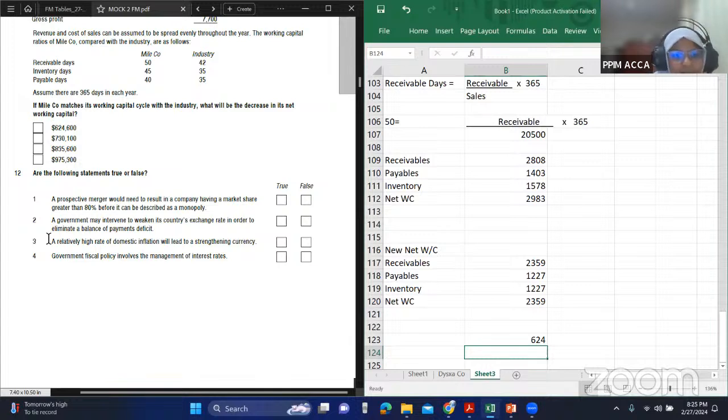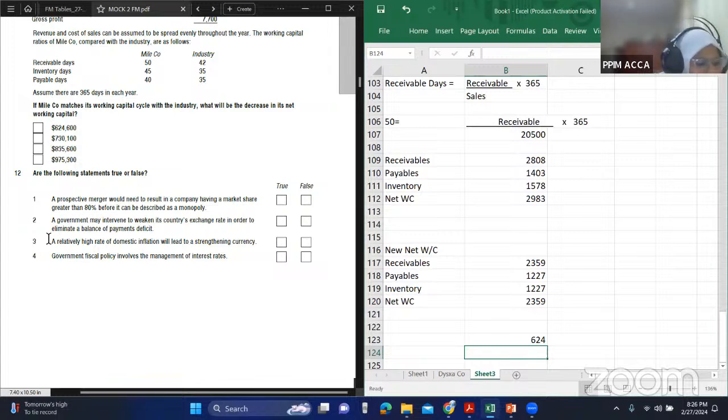Okay, because maybe sometimes it may be less than that, but depending on the market share of the current company who is doing the takeover, the percentages will change. So we can't say hard and fast that only if the market share is going to be more than 80% in the company you're going to acquire, you will get monopoly. Maybe for example, you already have 70%. Then even if you acquire a company with only 10%, you'll still have monopoly. So that is false.